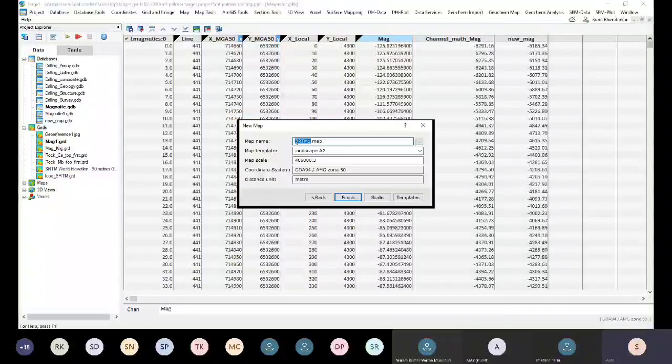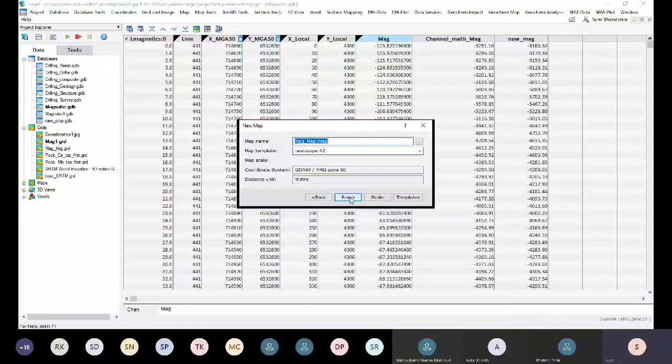So this is the mag data, mag map. We can use the paper size, and accordingly the scale will be selected, or otherwise you can select your scale, and with respect to paper size we need to select accordingly. Then simply click OK. It will create a map, basically the empty map.